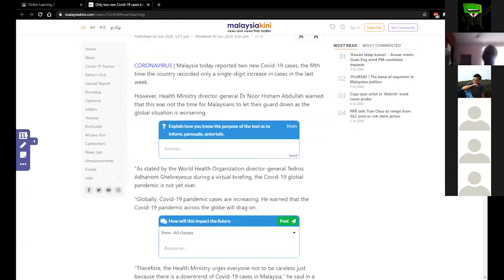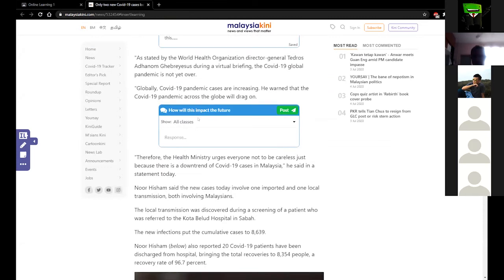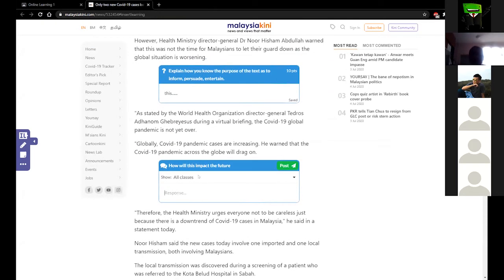this is from the student's view. As you can see, the question has highlighted this specific part of the article. There's the question, you can answer it, and then the answer will be automatically saved. Then you can also have a response type question, so you can highlight specific text and ask the students' opinions on what they think about the statement from the website.